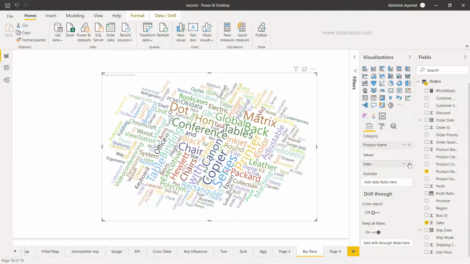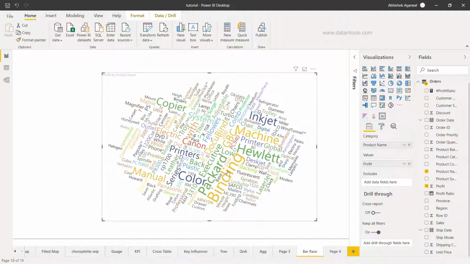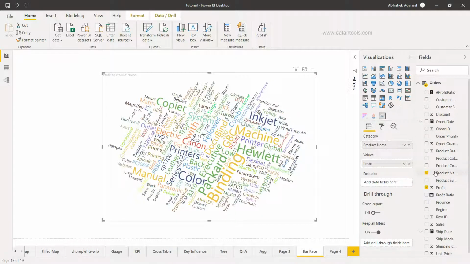Now, if you don't want sales, you want to understand the profit part of it, you can click on the profit, and you will see that binding machine, Hamilton, copier, inkjet, printer, Canon. So definitely it shows that something around the printer is really giving you a lot of value or a lot of profit. Okay, now up to you whether you want product category, but if you want something else, you can